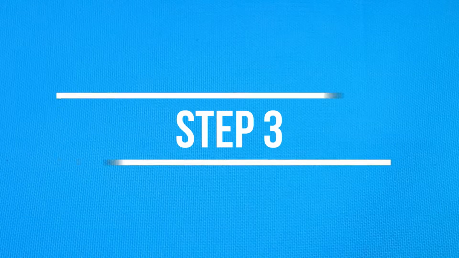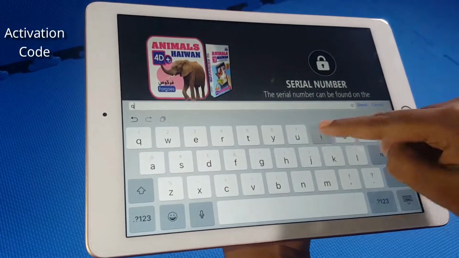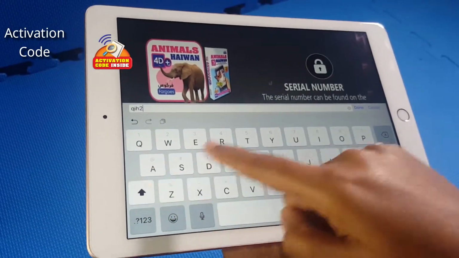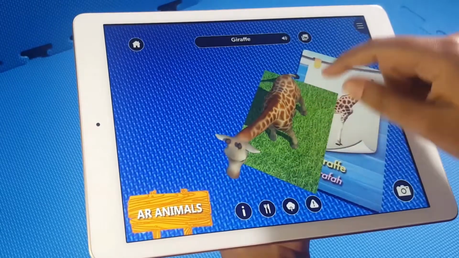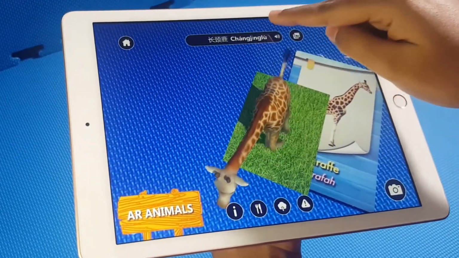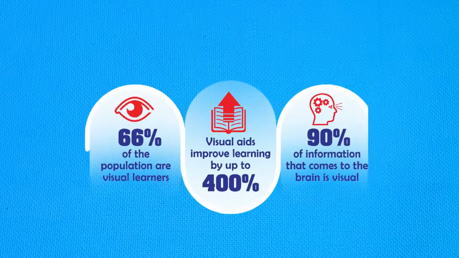Step 3. Key in the activation code from inside your flashcard. Step 4. Scan the flashcards to experience the 3D objects come to life. You can learn in a different and exciting way,